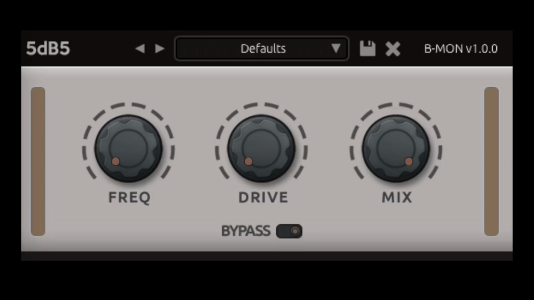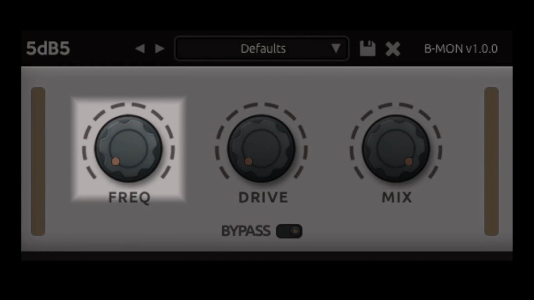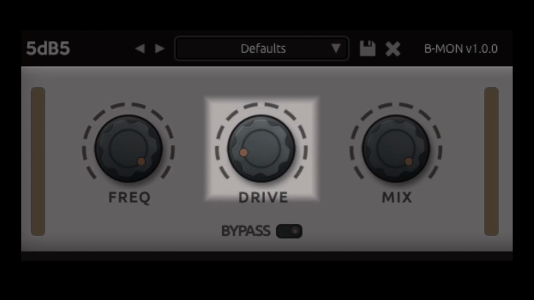Let's start with BMON, whose deceptively simple design allows for a wide range of applications. The frequency knob controls the frequencies that will be processed by BMON. Audio above the targeted frequency will retain its stereo image and will bypass any effect from the plugin. Audio below the targeted frequency will be summed to mono and will pass through the drive section, which adds saturation